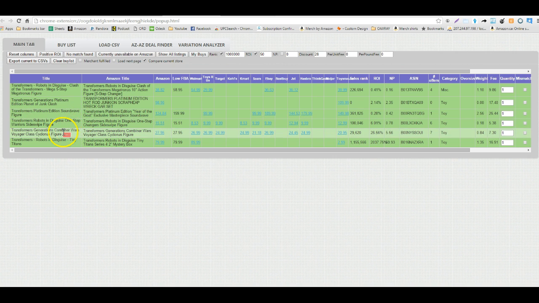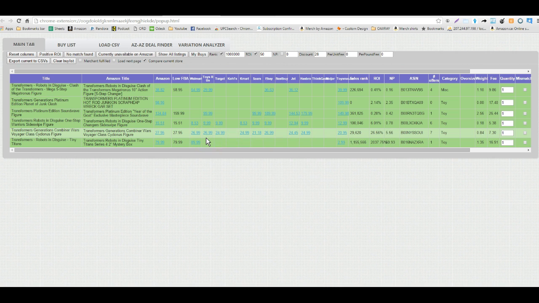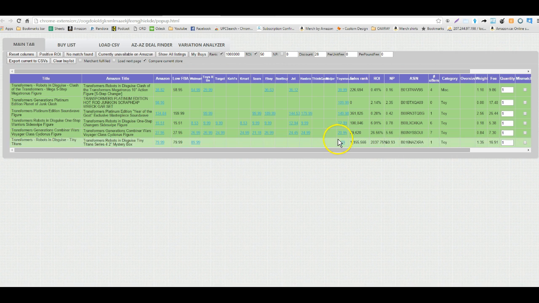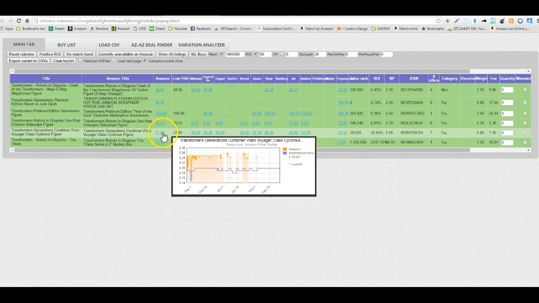Now I'm going to request your attention down to the 5th line and this Transformers generation. And the reason I want to show you something is the price difference. So in Toys R Us US, sometimes it's more expensive than Toys R Us Canada. Sometimes it's less. So here we have this item in Toys R Us United States. You're going to pay $26.99. But in Toys R Us Canada, you're only going to pay $20.95. So we're going to click on that listing to open it up, and we're going to click on the